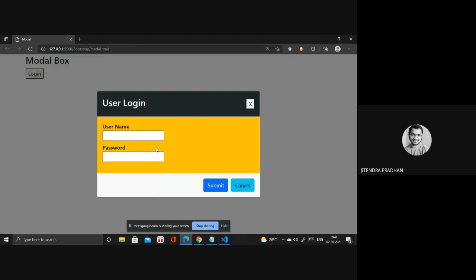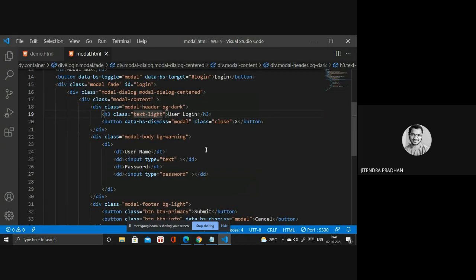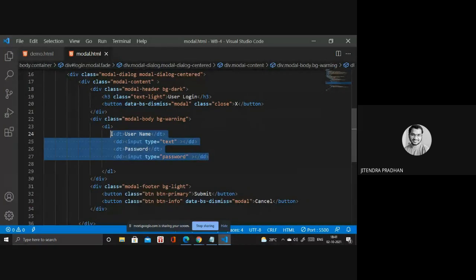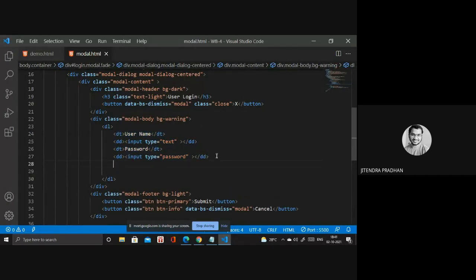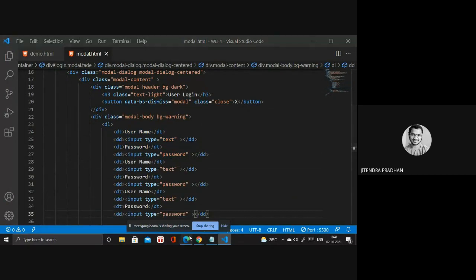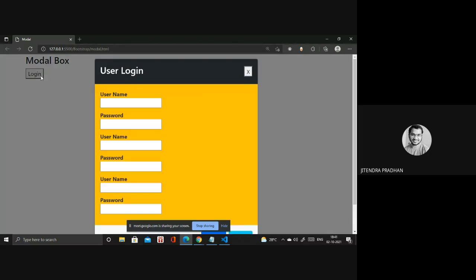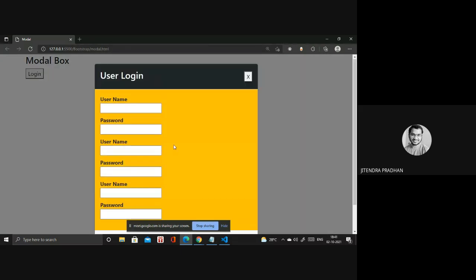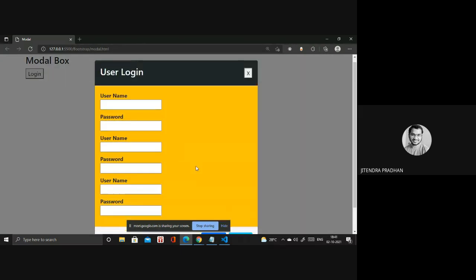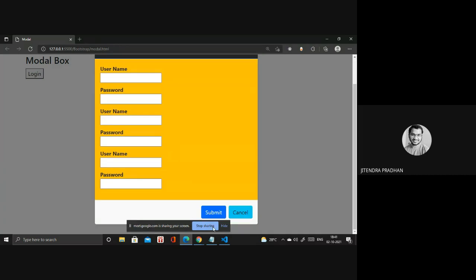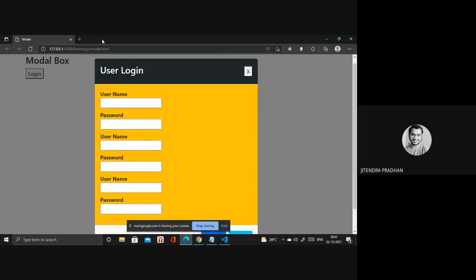Okay, so this is the modal. You can use any modal. What is scroll? We have scroll, right? If I add something more content inside that, it will be larger than that. It's larger. But I don't want the whole page to scroll. I want that only the modal form will be scrollable.